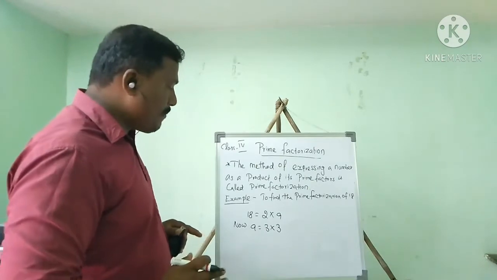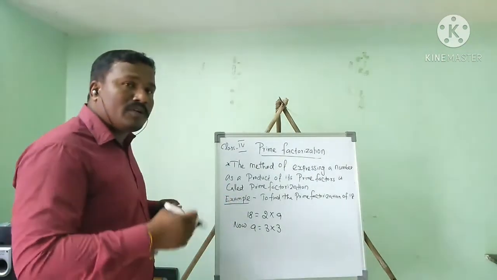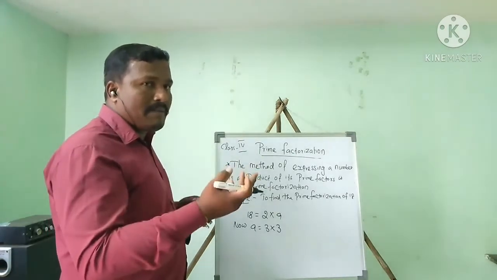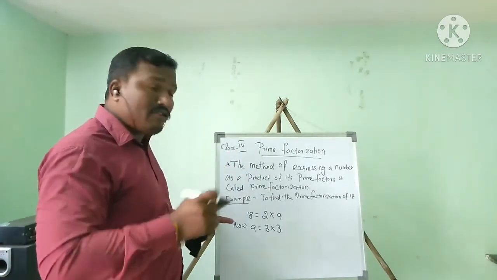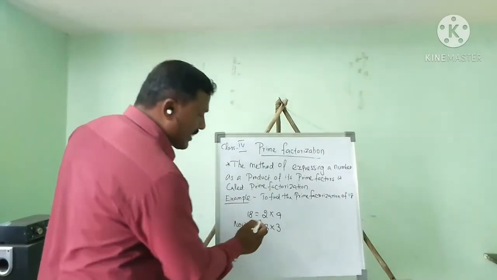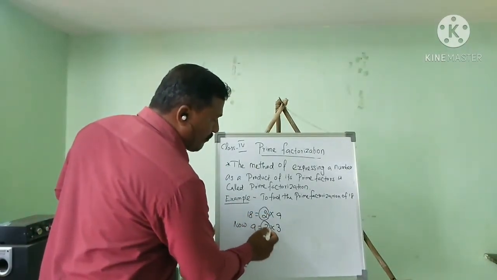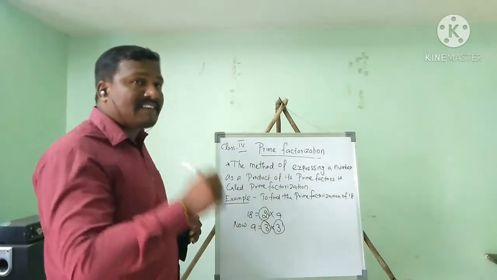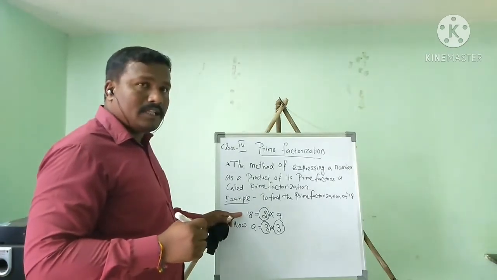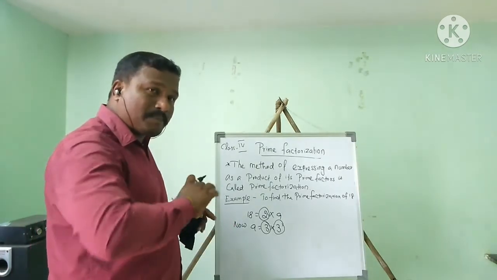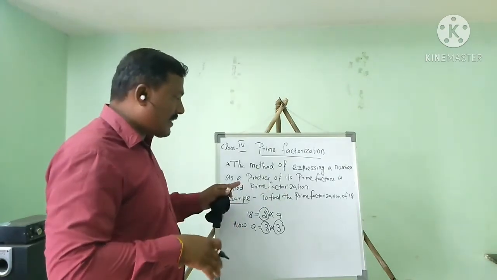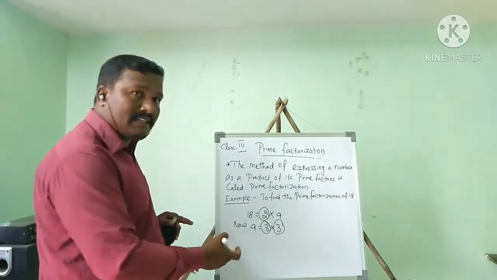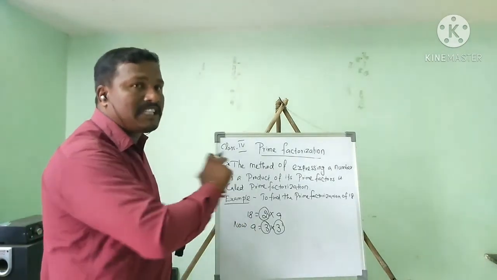Okay. Now we have to find out the prime numbers. Which is prime number? You know very well because already we discussed prime number, composite number. Here we have to circle which is prime number. If you circle 2 and 3, these are prime numbers. So they are factors of 18. So now we have to express the number as a product of its prime factors. If you multiply these prime factors, you can get that multiple 18.